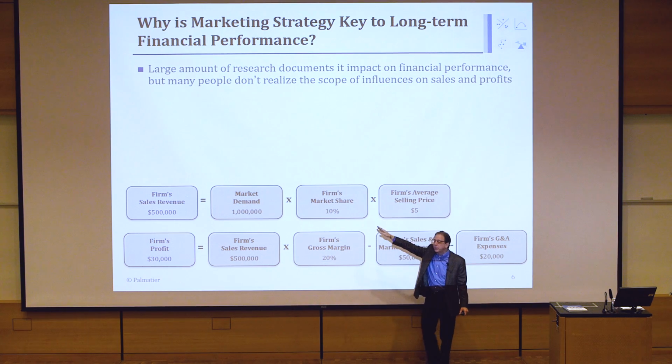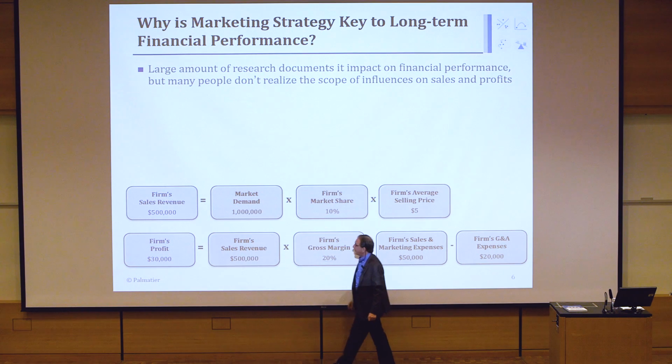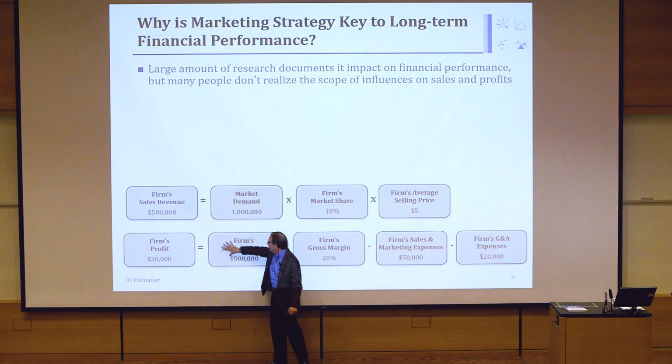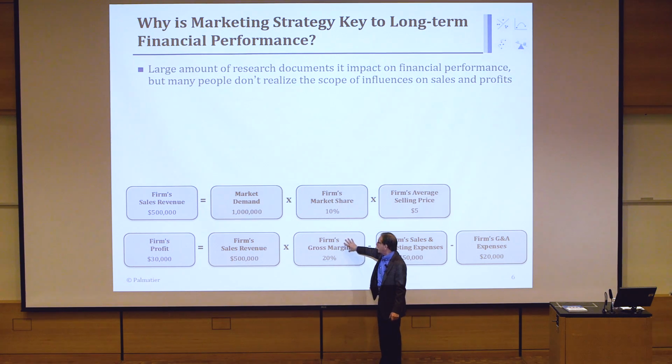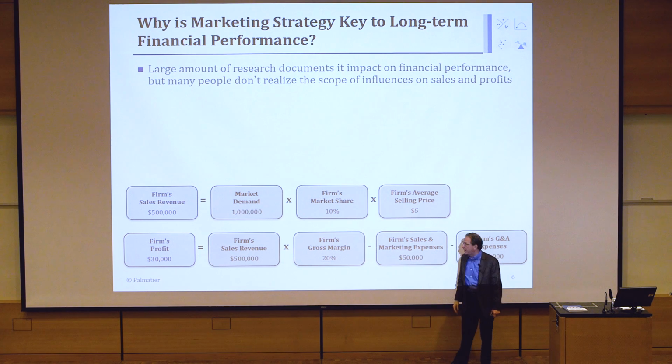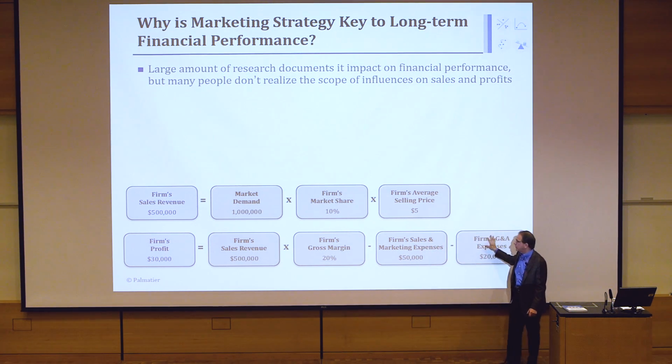If you multiply those three together, you get the firm's sales. Now we're going to do the same thing for gross profit. We take firm sales down here, just carry it down. We multiply by the percentage of the firm's gross margin, and we subtract off the costs of sales and marketing expense and also other firm expenses. This together would be the firm's SG&A.